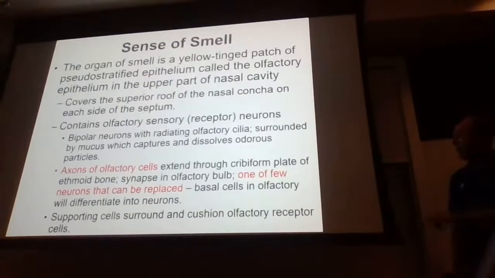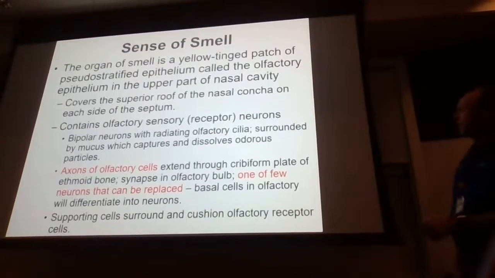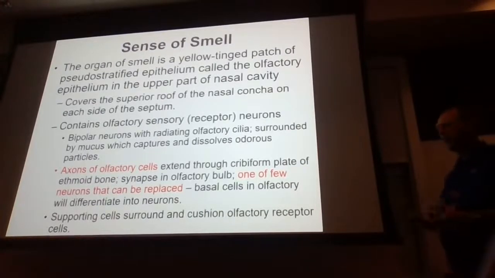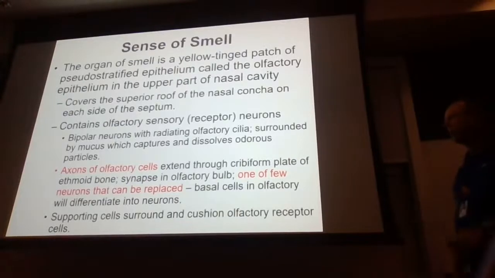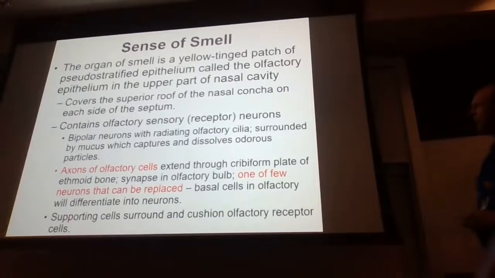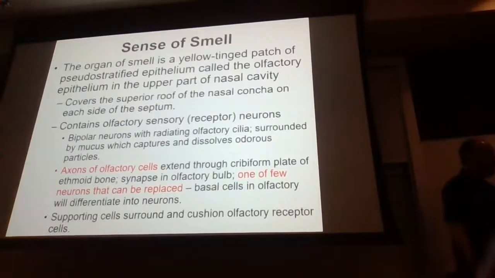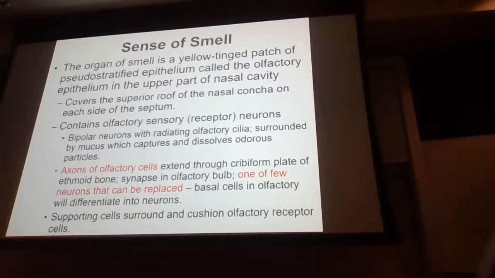Okay. All right. So here on the nasal concha, this contains the receptors, the neurons that are responsible for taking that message and sending it up into the brain to tell you the type of molecule that you actually just breathed in. You have axons associated with the olfactory cells that extend through the cribriform plate. So we said that already. These axons